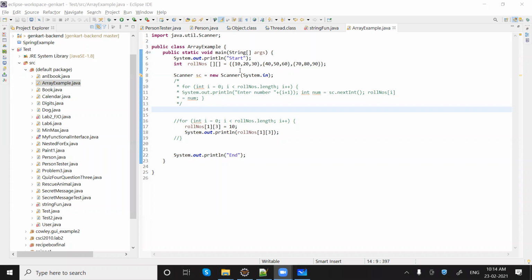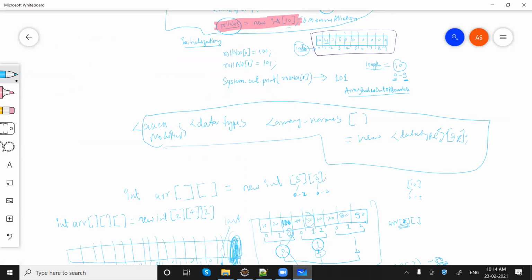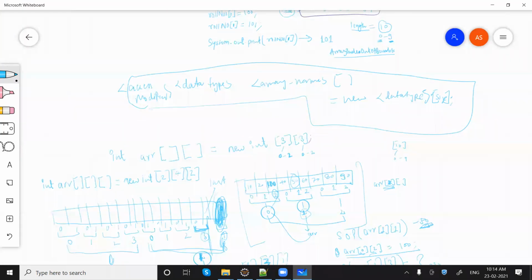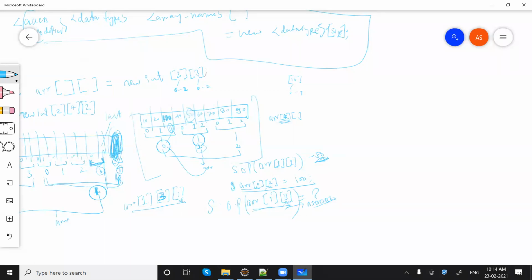I'm assuming all clear. Okay. Now, what if we want to print all the numbers from this array? In the previous case we were having one loop. In this case, we need two loops. Let's go back and see.